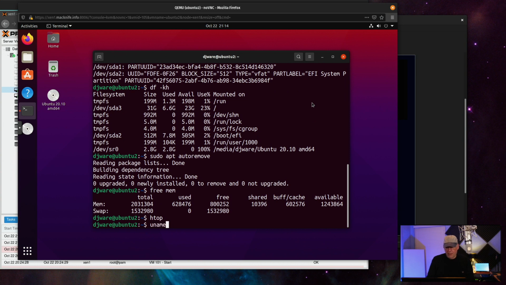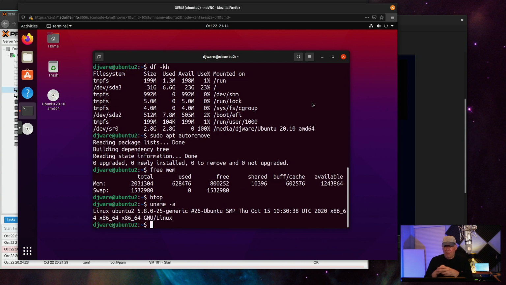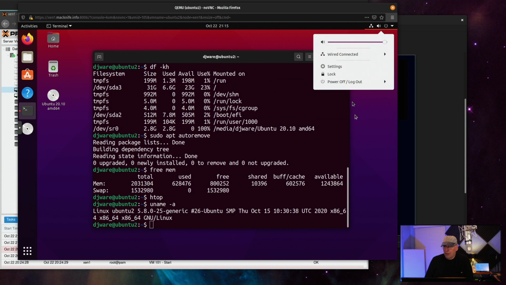Let's see. It's 5.80-25 generic, and this kernel compile occurred on the 15th of October, so it's a pretty recent build for Ubuntu. And it looks like a special patch for them, so it has some markers in it that look like it belongs to them. I'm not going to spend a whole lot of time in here other than maybe talk about a thing that used to cause